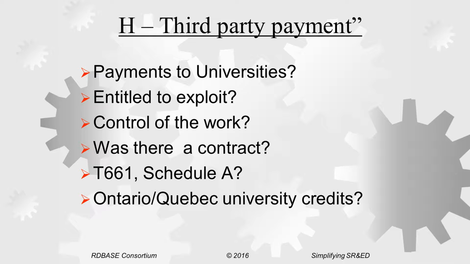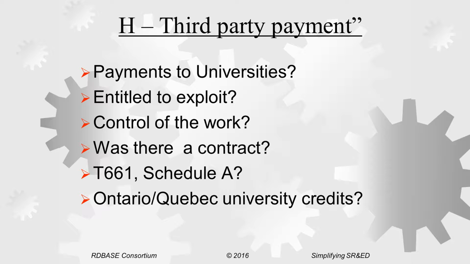A third-party payment is a payment, generally speaking, to a university or a public research institution. So I pay University of Toronto, or I pay National Research Council, who's doing a study on something related to my industry. And maybe me and 5 of my competitors, we each give $10,000 or $50,000. We call it an NSERC chair maybe. We give them some money and we're privy to whatever they discover. But we don't supervise it.